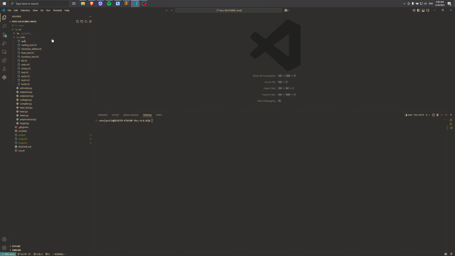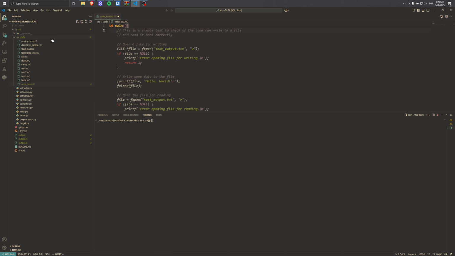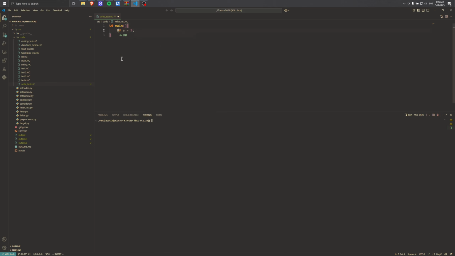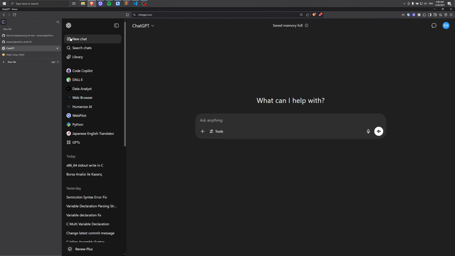So let's create a function file called write test. So let's create our main function and create our str. There we go. To do that, we actually implemented the extern keyword, and so we need an assembly file now. So let's go here and actually create it